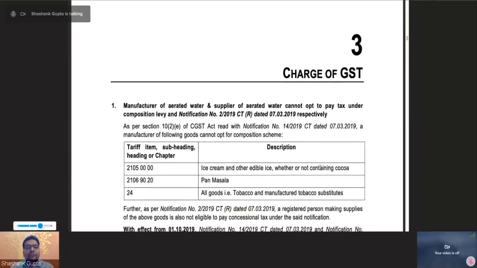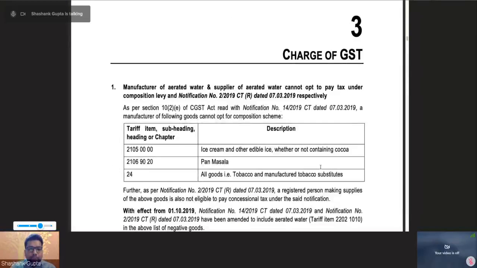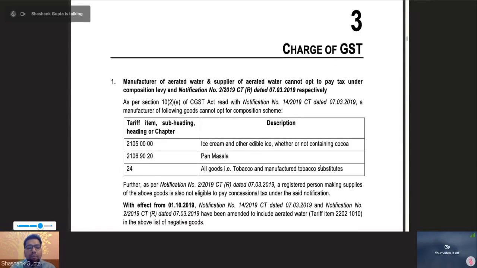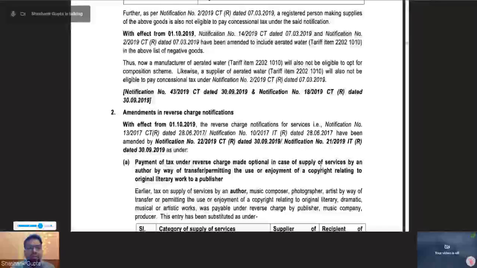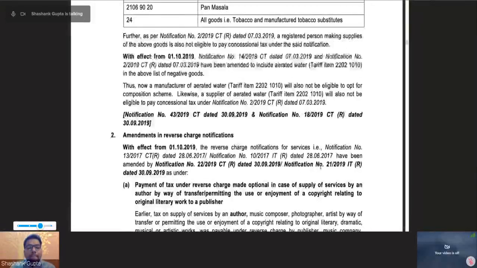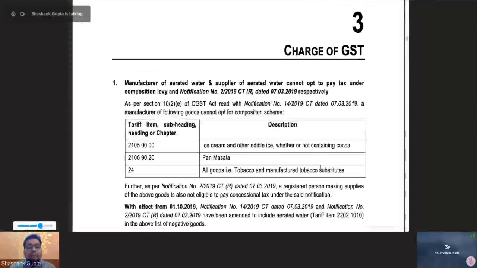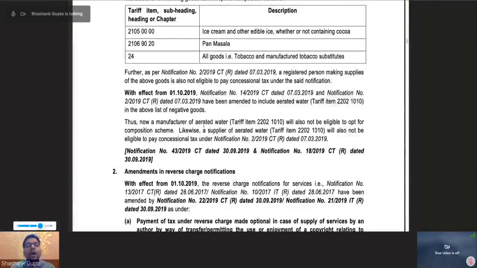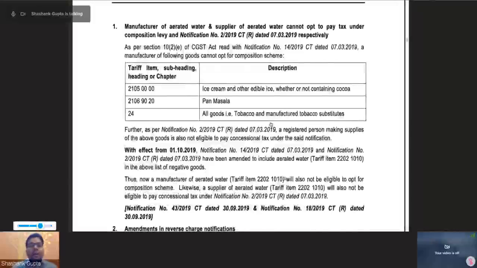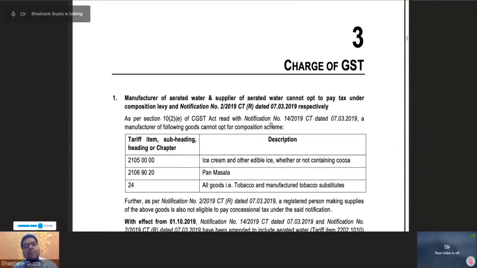Next is charge of GST. Here I told you that a recent change has been made wherein a manufacturer of aerated water cannot opt for composition scheme. So who cannot opt for composition scheme? Manufacturer of items which are not good for your mouth. What are those? Ice cream, pan masala, tobacco, and